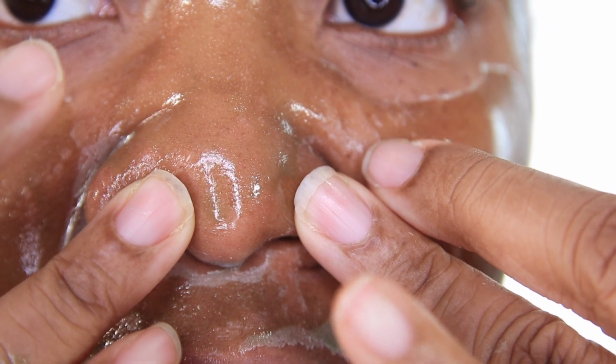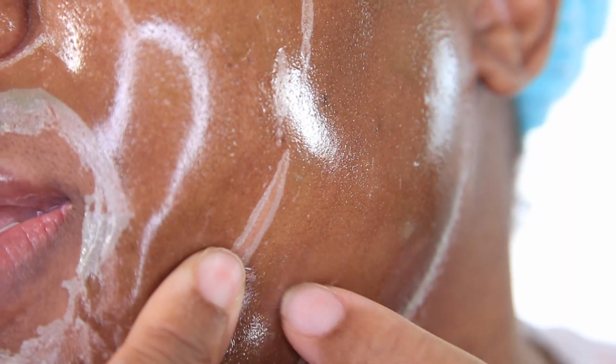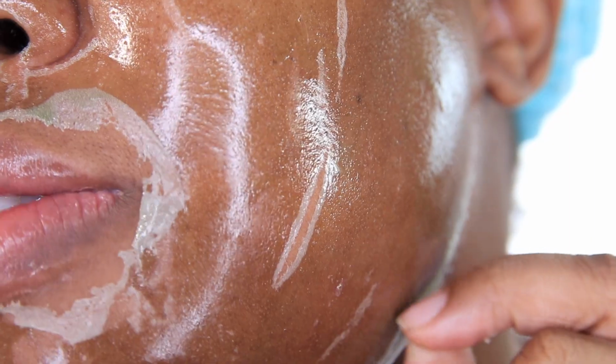So the mask is dry. It's still not that green color, but look at my nose. Can you guys see, like, the whiteheads are literally lifting? So I'm really excited to pull it off. I had a whitehead like somewhere over here. And it's literally coming off. So I'm actually,